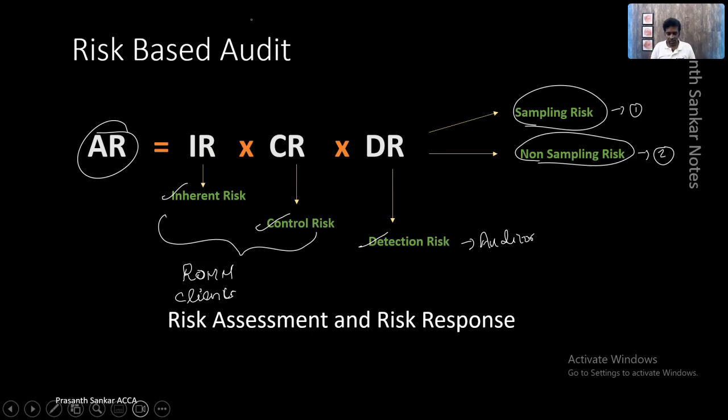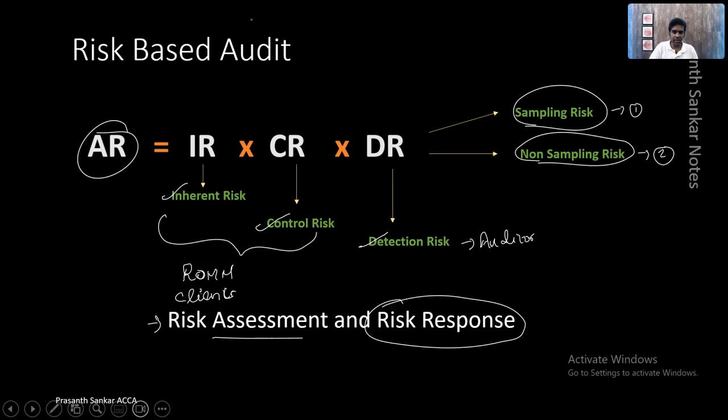The primary, most important step that an auditor needs to perform is to assess the risk and establish an appropriate response for the risk. If you have identified the risk, how are you going to approach it? What procedures are you going to perform? What areas do you need to focus on? How will you mitigate the risk and ensure you give an appropriate opinion? That's what we do as an auditor. That's what is called risk-based audit.